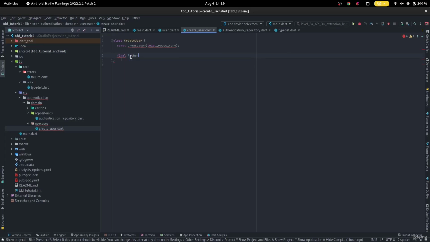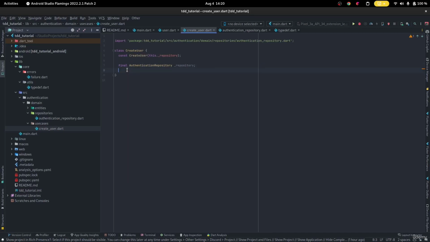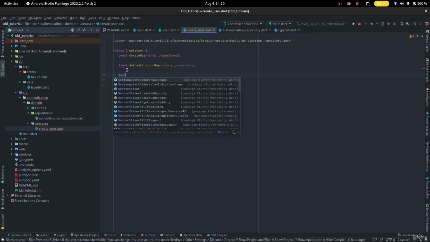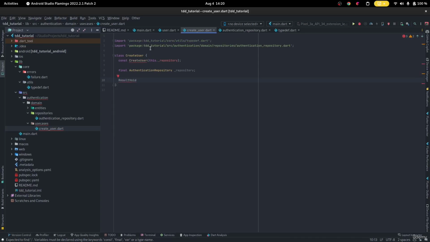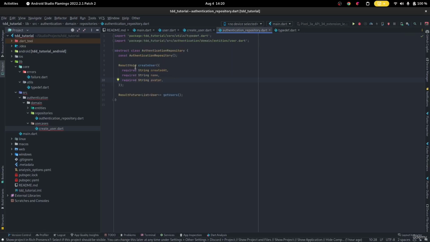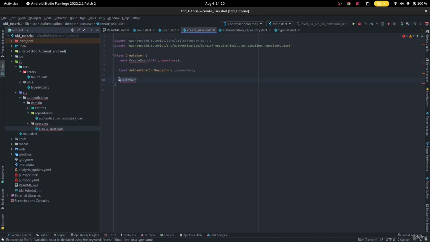So authentication repository, and we take that and we can create the function again. I think the function we're doing is create user. So it will be result void, right? The same as result void create user. It will take all of these. So let's go ahead and paste that in here. So it will take all of that and it will simply async, because the other one's a